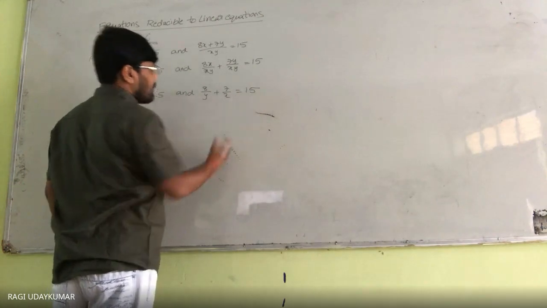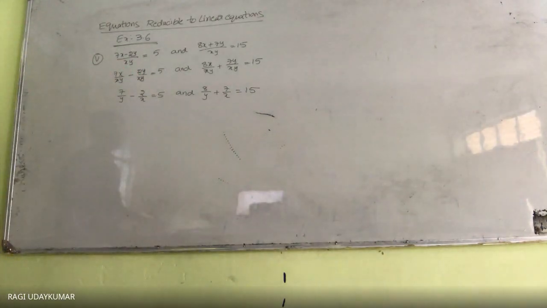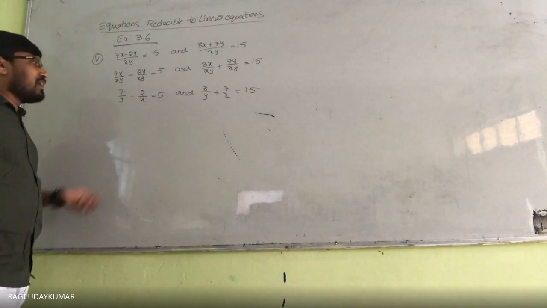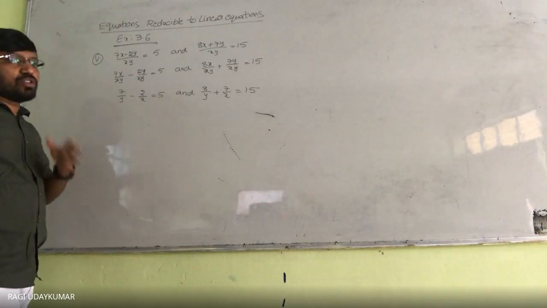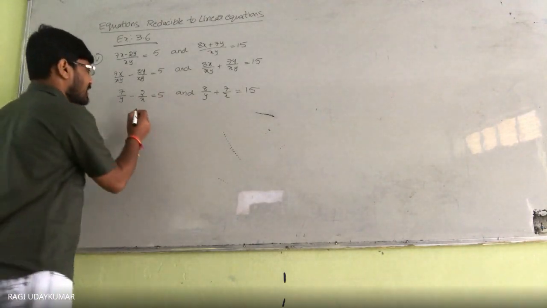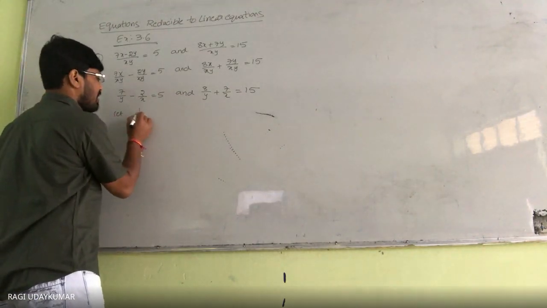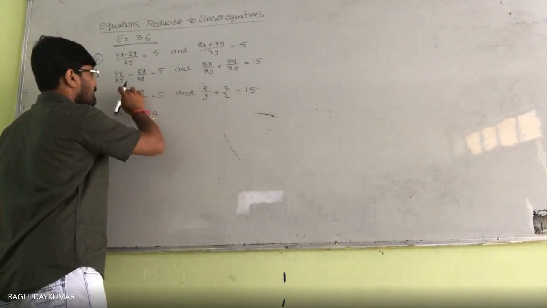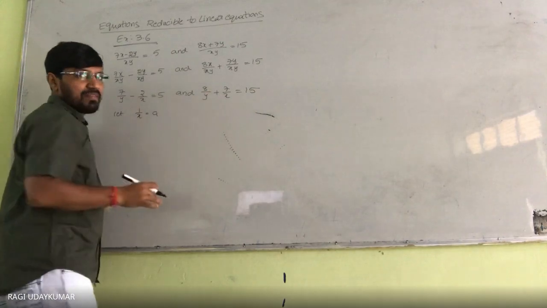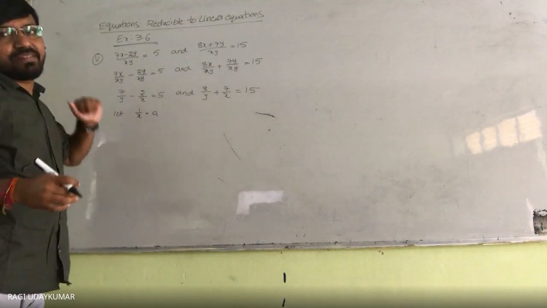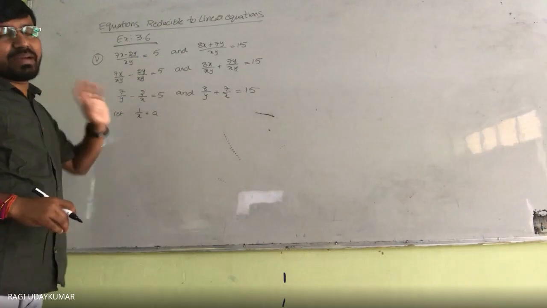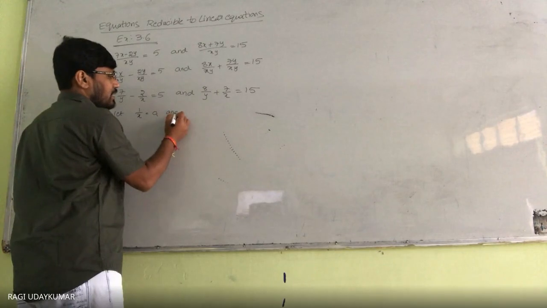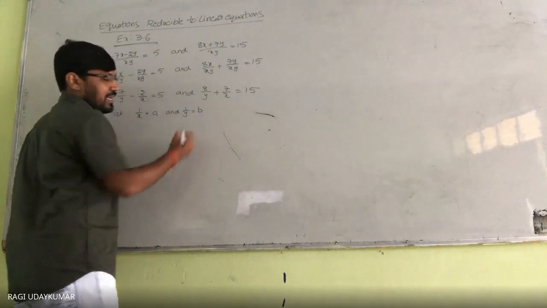Now here, there will be a little confusion for some students. Sir, always we are considering 1 by x is equal to a. Yes, if you want, you can consider it like that only. Let 1 by x is equal to a, because we have 1 by x here, 1 by x here, 1 by y here, 1 by y here. Sir, where is 1 by y? 7 into 1 by y, and minus 2 into 1 by x. So that's why I am considering 1 by x is equal to a, and 1 by y is equal to b.